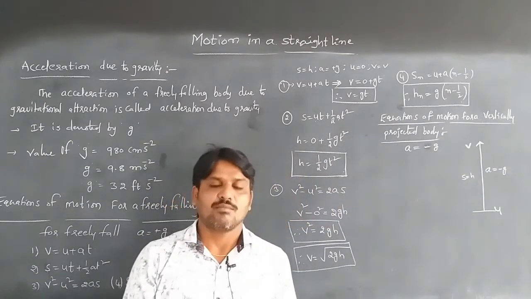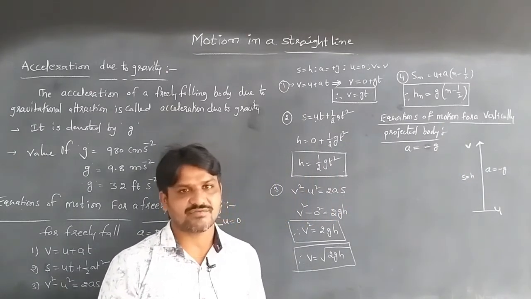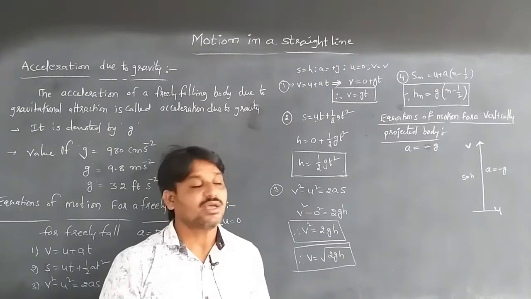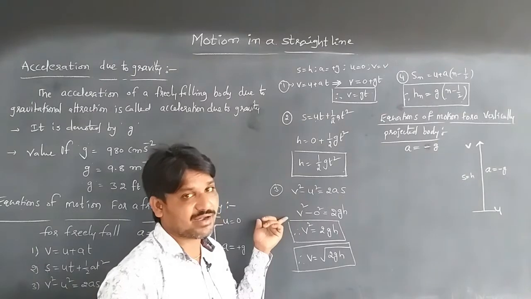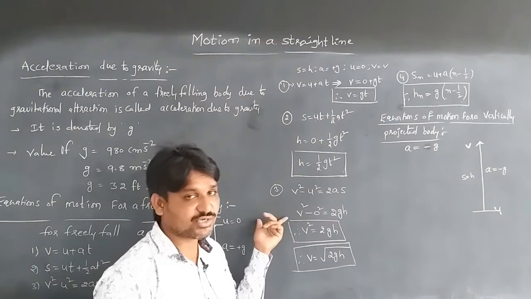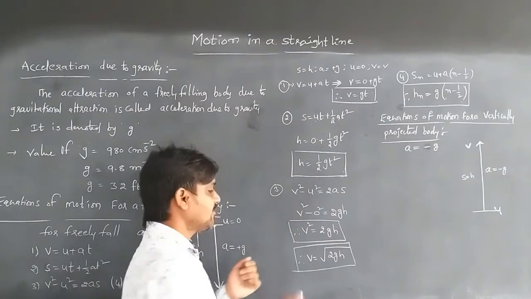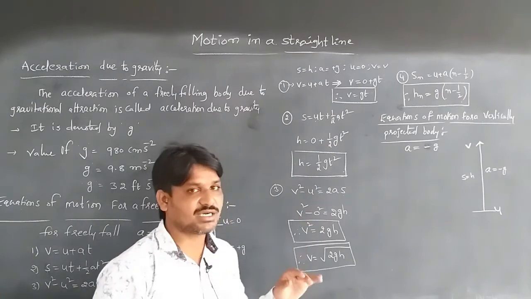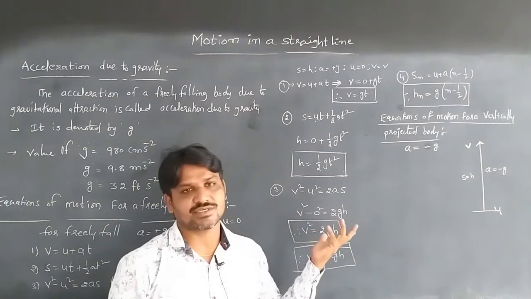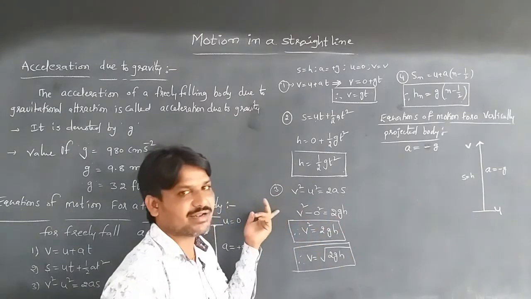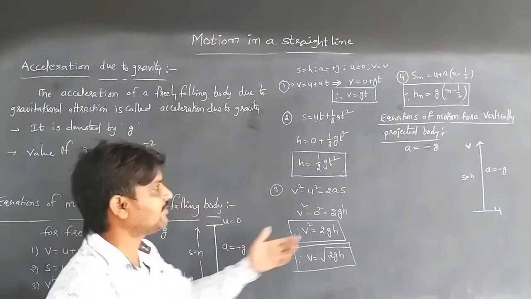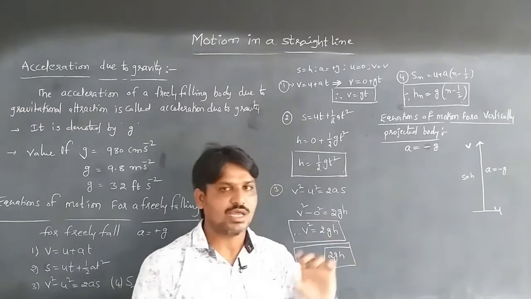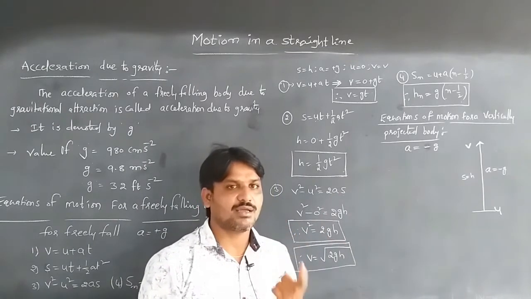If in case the body changes its direction whenever it is in the air, or here also we are ignoring the air resistance. We are ignoring the air resistance. If air resistance is considered, then we get other equations. We are ignoring the air resistance here. So in the freely falling body case also, and in the vertical upward body case also, we are not considering